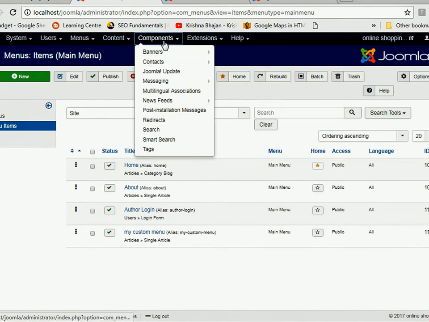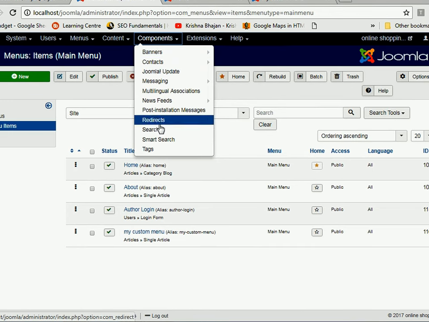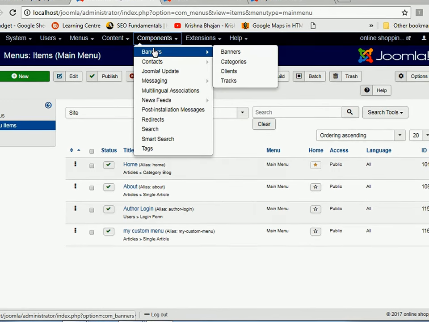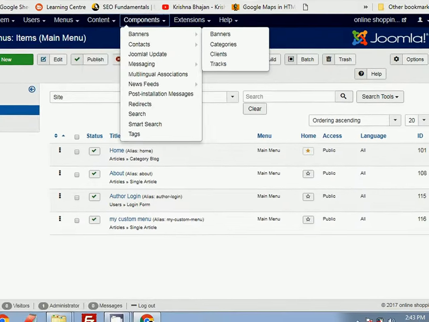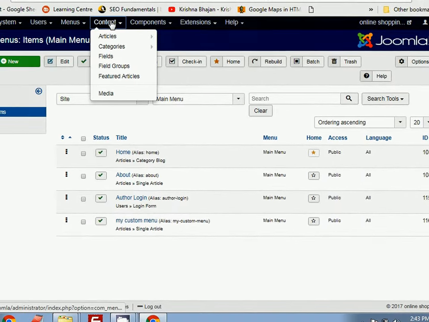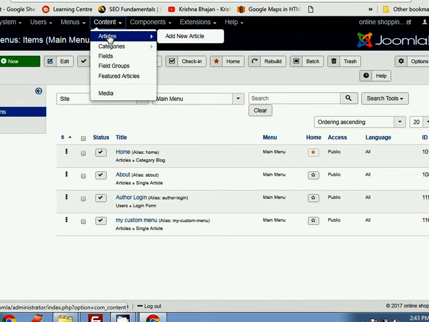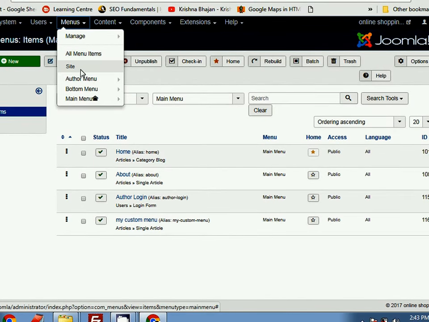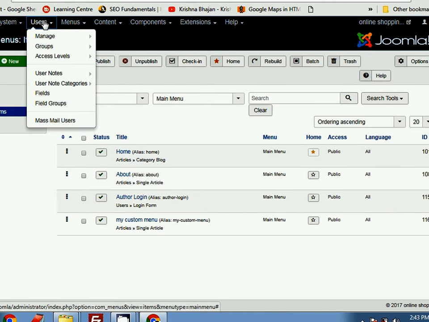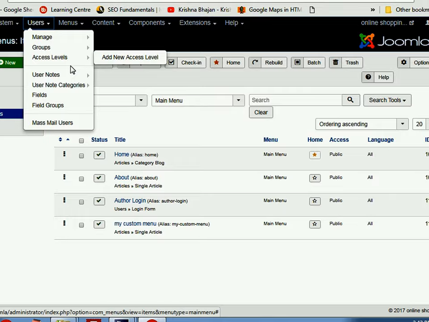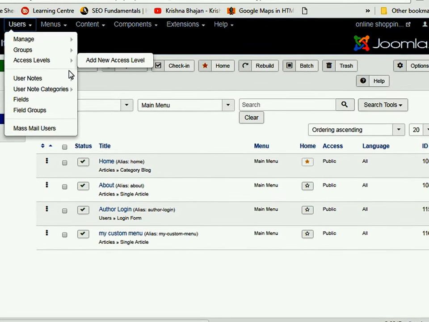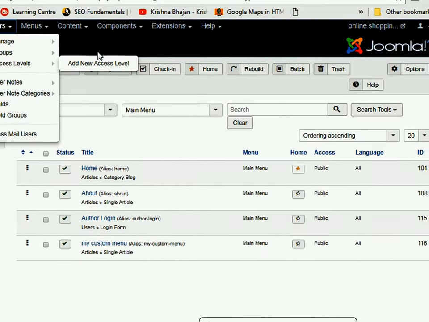They are default components that are installed in Joomla. Like you have banners that I was showing on the top, this is banner. Then in article, this is content, all the content is managed by this content section. This is menu section, all the menus are managed by this menu section. Then you come to user section, all the users that can access this backend will be managed by user. You can assign them an administrator, a user, a registered user, anything you can assign.